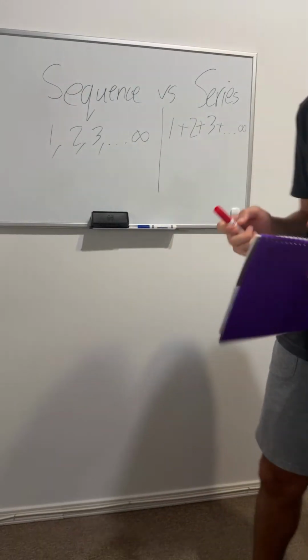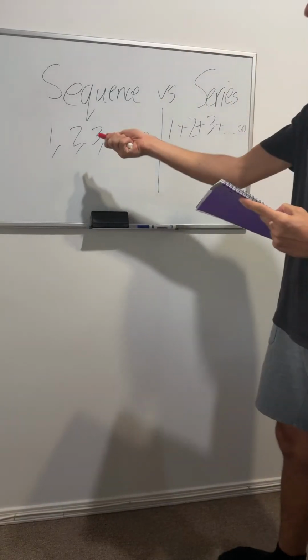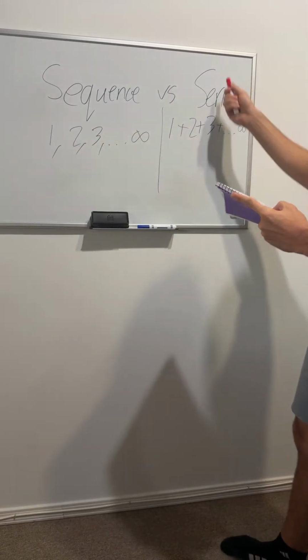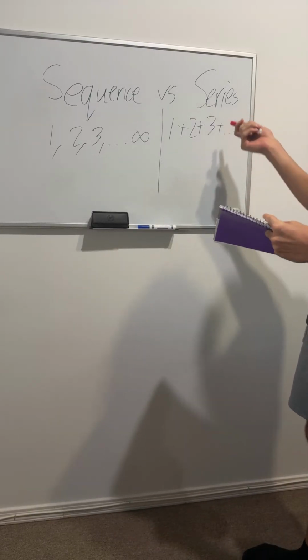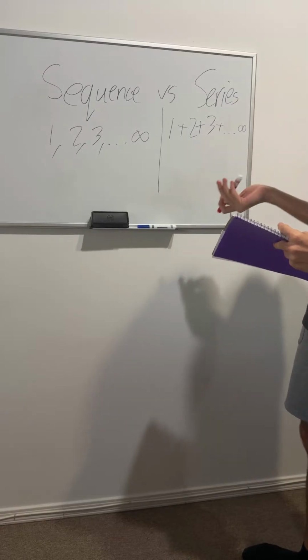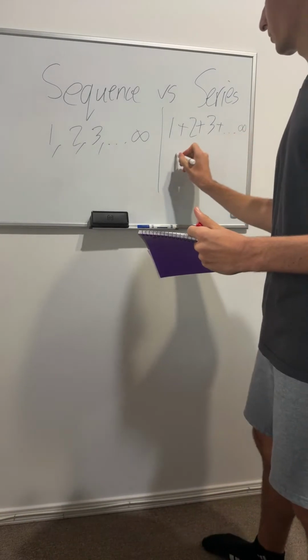Yeah, as I was saying, sequence versus series. Sequence is a list of numbers. Series is the sum of those numbers. A series can be written in sigma notation. So, for example, it could be written as